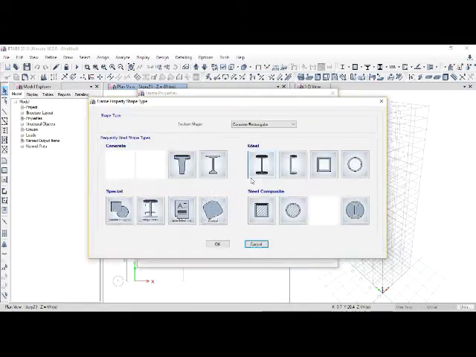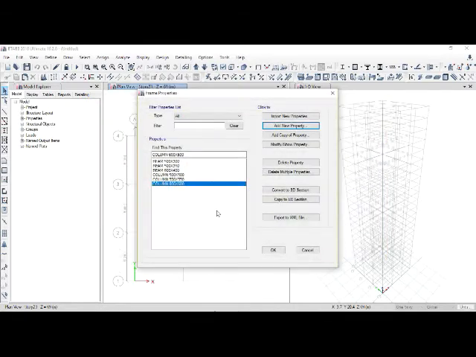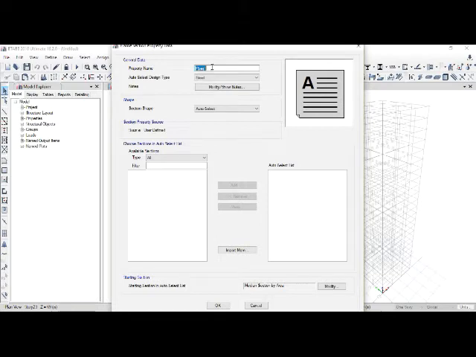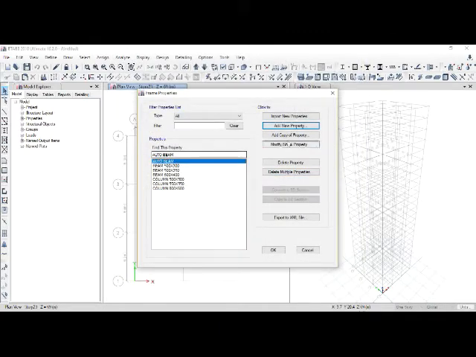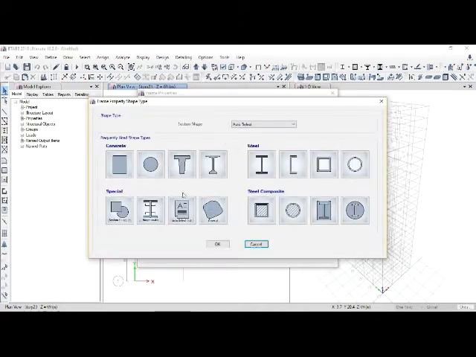Now we'll define the auto select options for beams and columns. So we'll go to add new property. Then we'll select auto select option. Then we'll name the member as auto beam. Then we'll select the material property to concrete and you can see all the concrete members. We'll select only the beam ones and we'll click OK. So you can see that auto beam is created. Similarly, we'll create auto column.